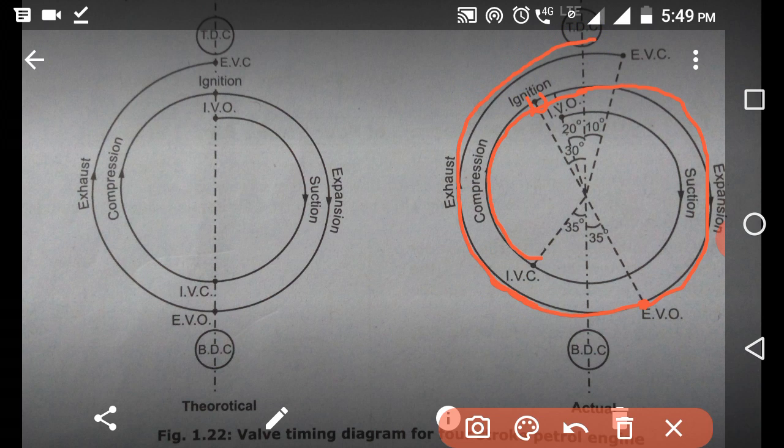And then when the piston is reaching the top dead center, we are not closing the exhaust valve, we are closing the exhaust valve exactly 10 degrees after the top dead center.